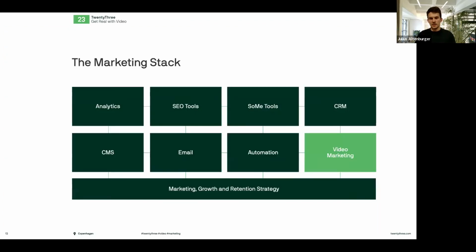So generally, marketing teams have a big stack of tools going from analytics, SEO tools, social media tools, CRMs, obviously the CMS system like Umbraco, email tools, automation tools, and everything around it. And we believe that video marketing definitely is also a big part of this, and should neatly be coupled into this marketing tech stack.